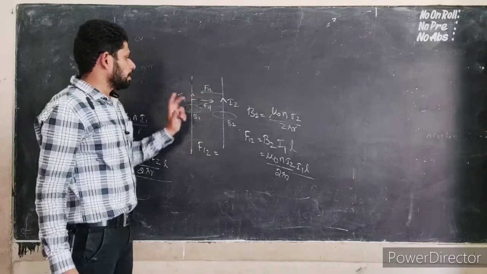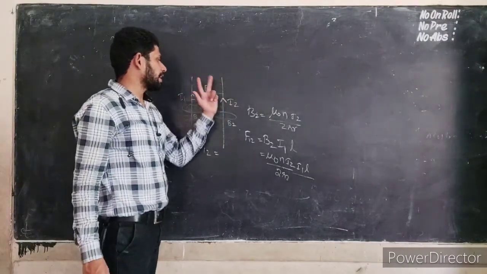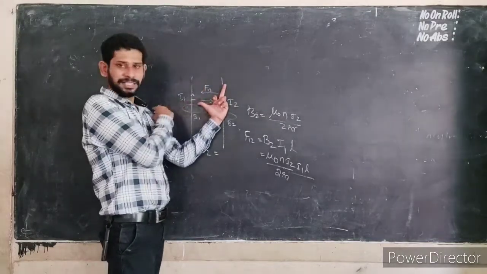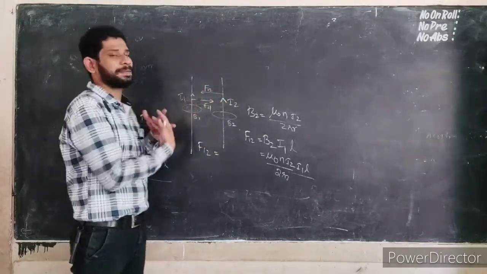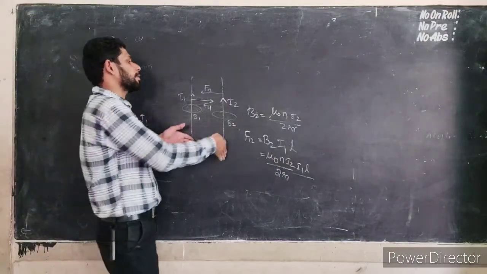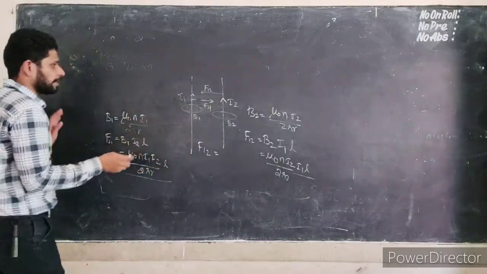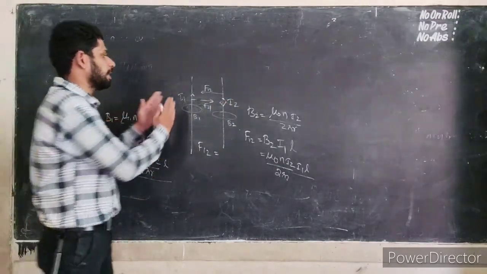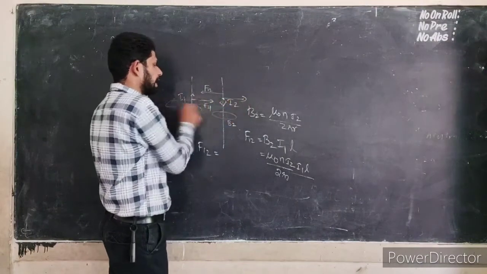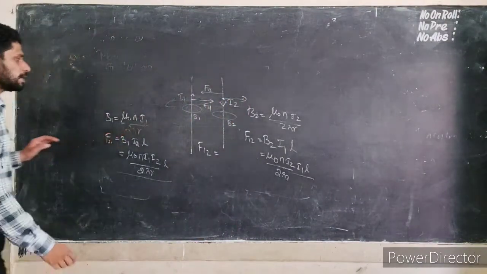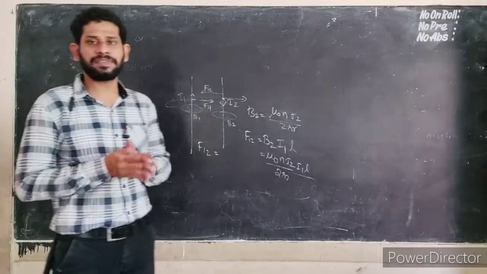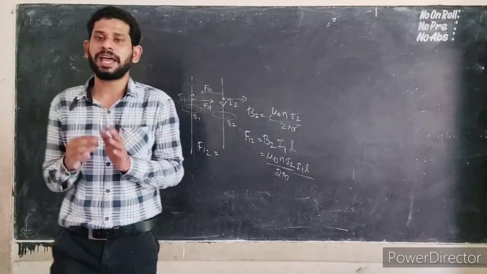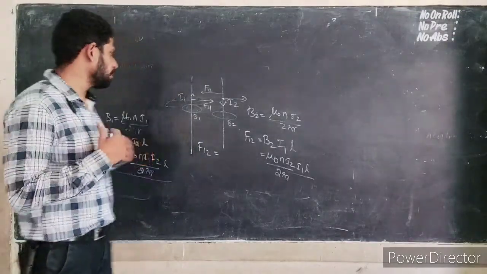Okay, so here, same here. When the current flows in the same direction, the magnetic field acts in this direction and the force acts in this direction, so both the conductors are attracted towards each other. In the same way, when the direction of the current changes, they will have repulsive forces. So when the currents are in the same direction, they attract. When they are in different directions, they repel.